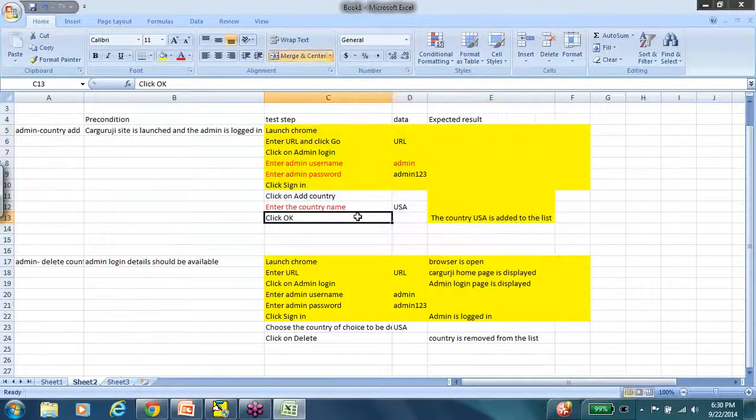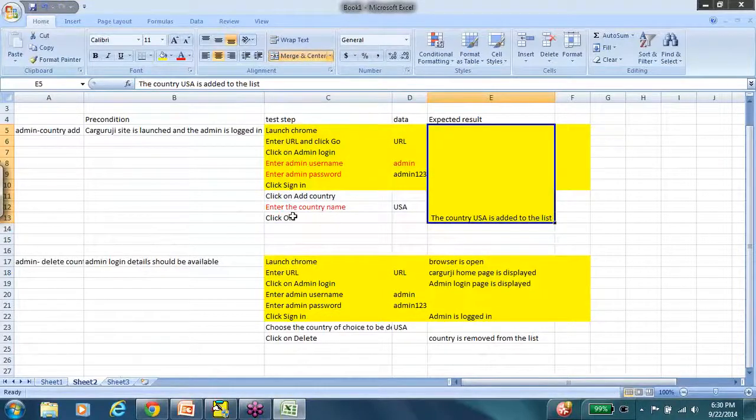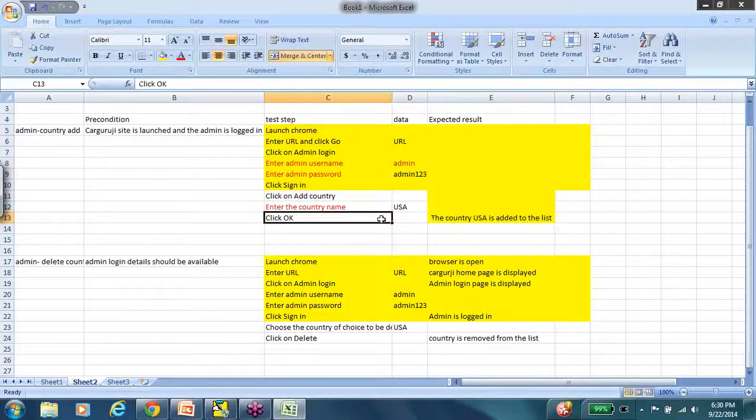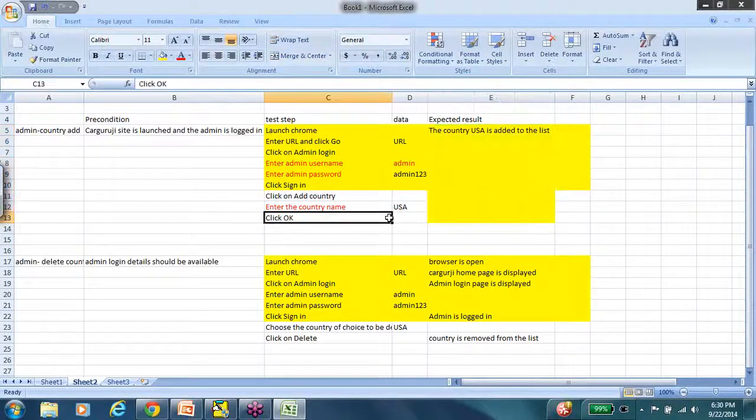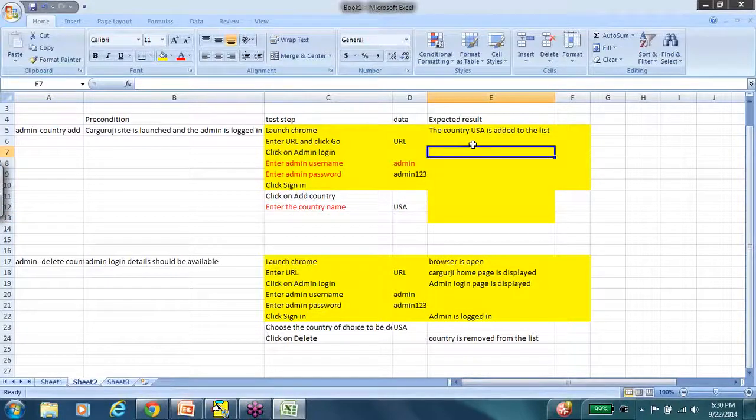stops here, oh, this is happening because it's a merged cell. Okay. So if your test case stops here, like, entering the country name,